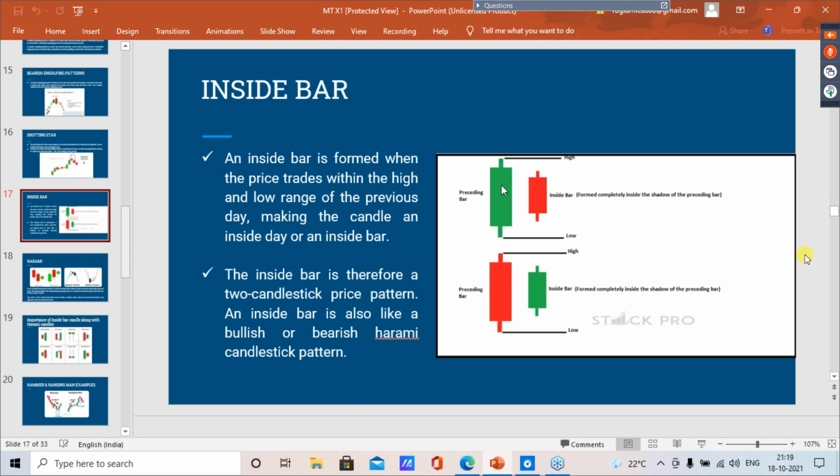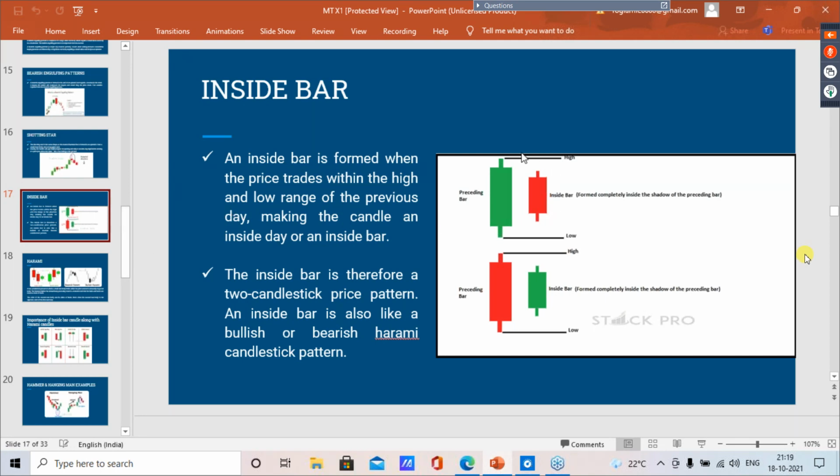We consider, for a better understanding, that this is a mother candle and a child candle. We need to mark the high and low of the entire length of the candle, because there was a lot of confusion in the group: do we have to mark the body to decide the inside bar? No, you need to take the entire length. You need to take the highest point and lowest point to draw. And once that is broken, then the trend will continue in that direction.